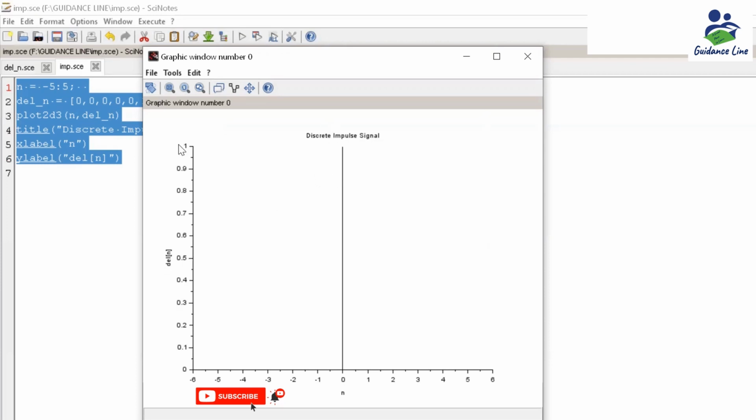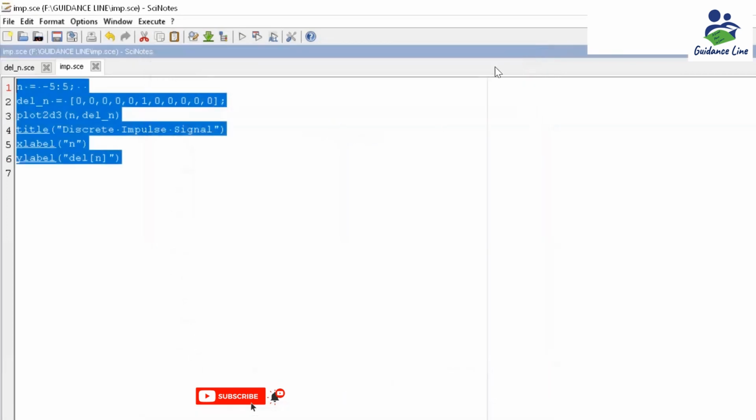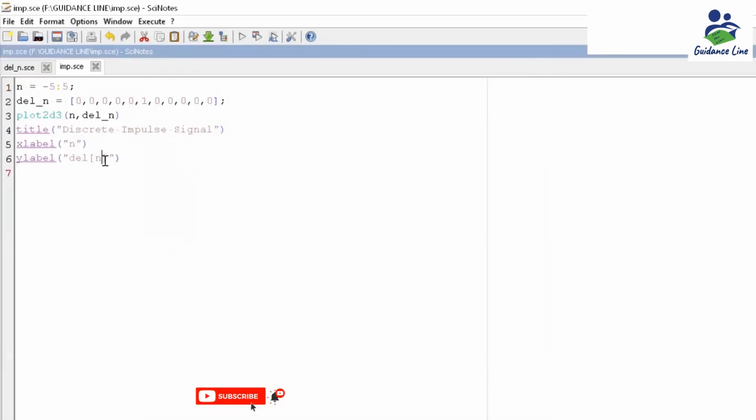Suppose now I want to represent an equation here, to modify and write an equation. I can take help of LaTeX. So now you can see I am modifying this particular x label and providing a dollar sign. For writing an equation I have to use this dollar sign. The first dollar sign starts an equation and the last dollar sign ends it. Whenever we put a dollar sign and write something, it tells Scilab that an equation is going to be written.